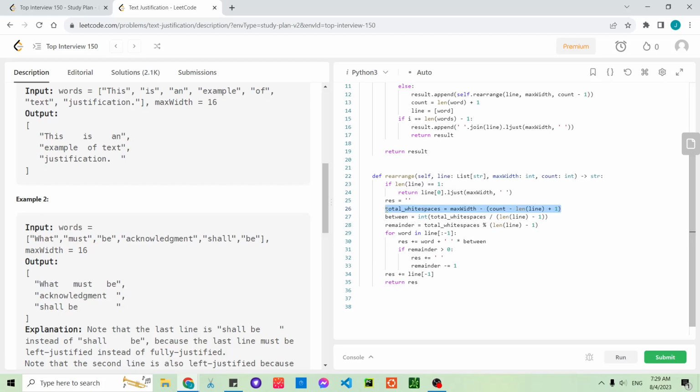Alright, so this is the number of white spaces in total that we want to add between all these words. So now what's the minimum amount of white spaces that's gonna be in between all the words? So say if we had 8 white spaces and we have 3 words, that means we need at least 4 white spaces between words. And say if we had 10 white spaces and 3 words, then we will be doing 10 divided by 2. We will still have 4 minimum white spaces between, but we will have a remainder of 2, which no, oh